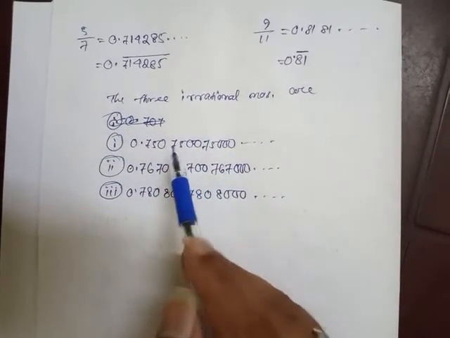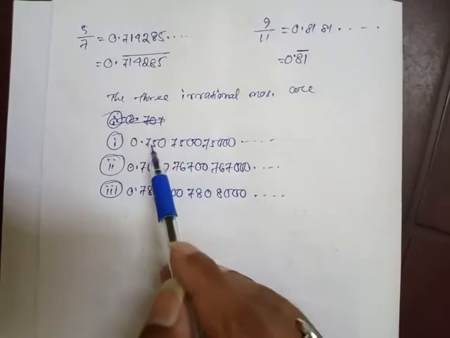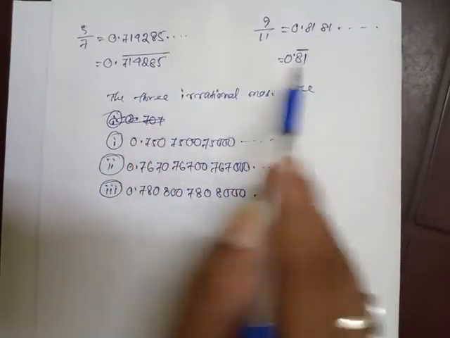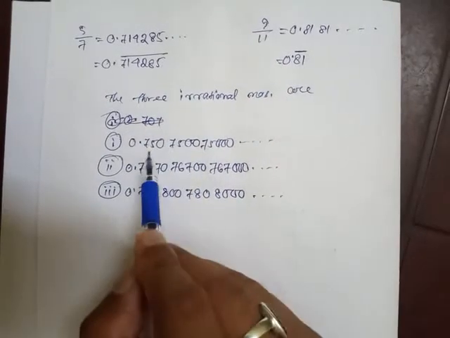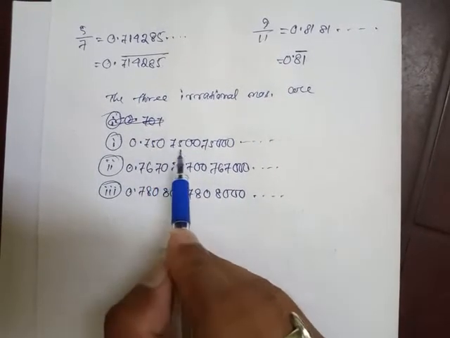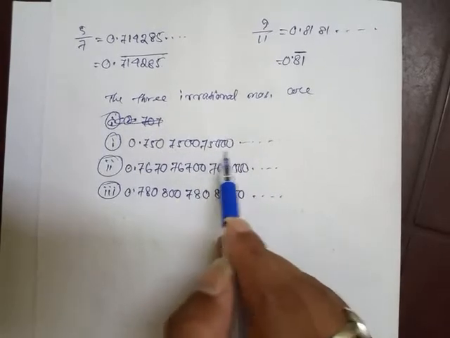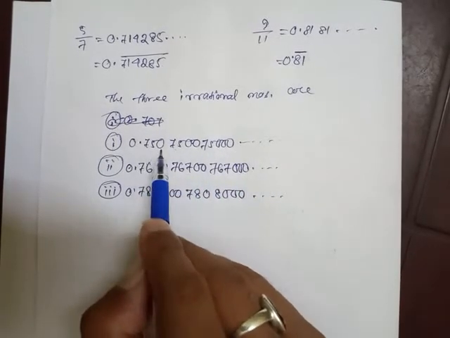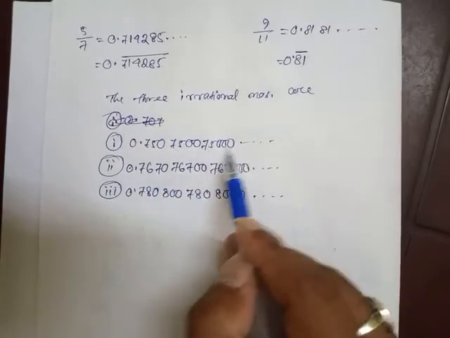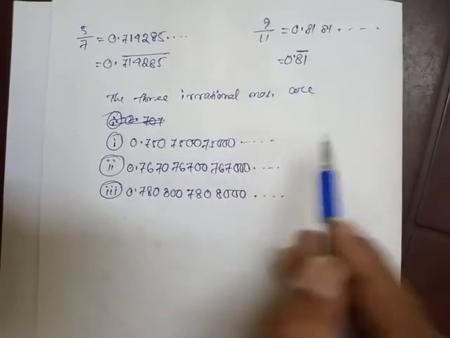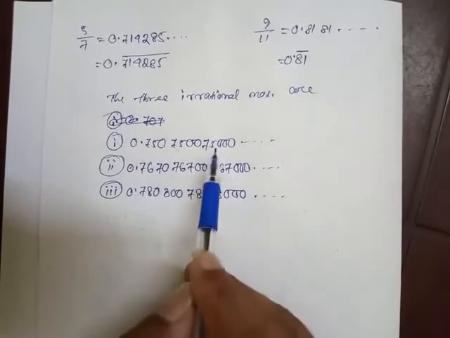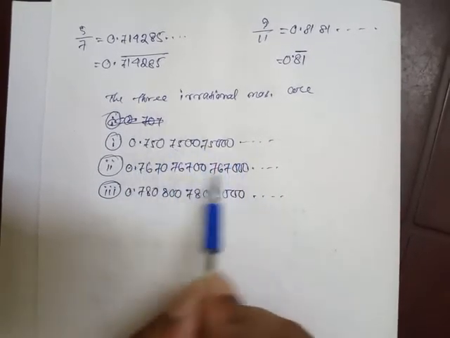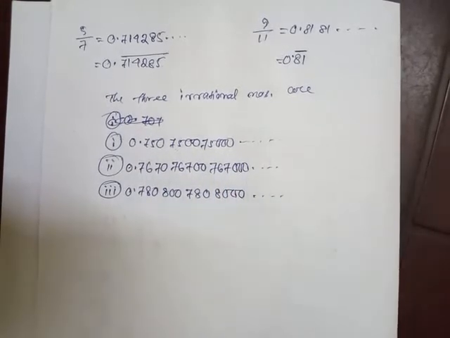Now look here, in this irrational number, though these three numbers are between these two numbers, I repeat again, there is 750, then 7500, 75000, which means in every step one 0 increases. If one 0 increases, this is non-terminating non-repeating, and non-terminating non-repeating numbers are irrational numbers.